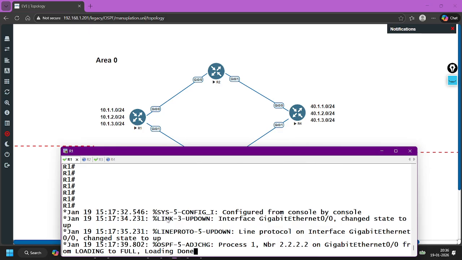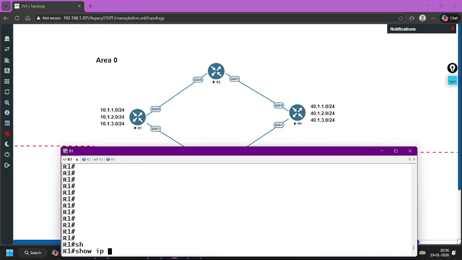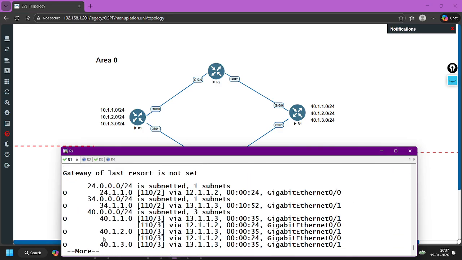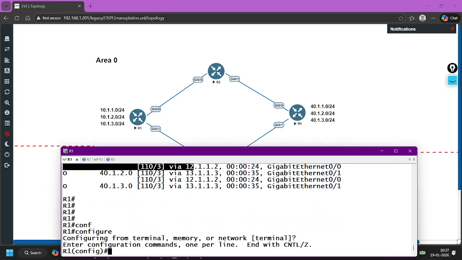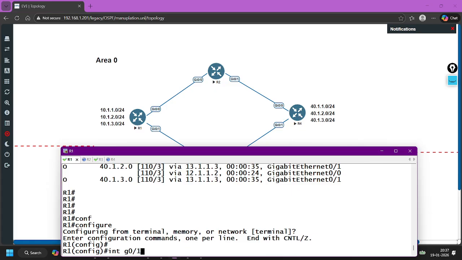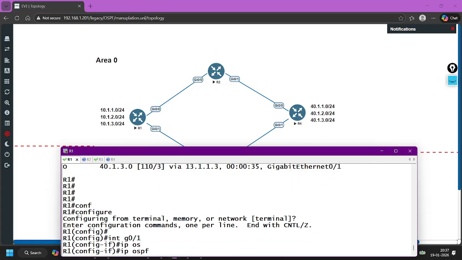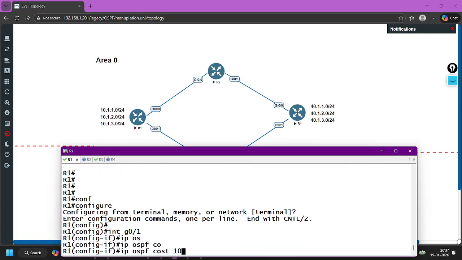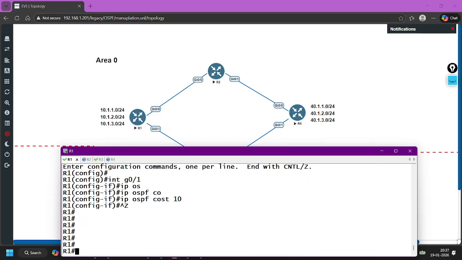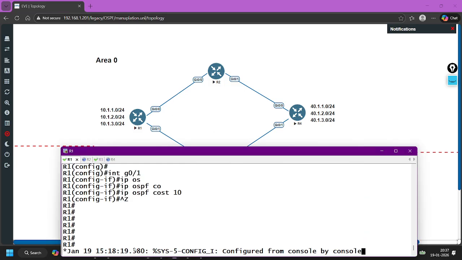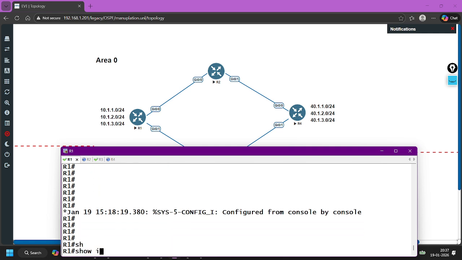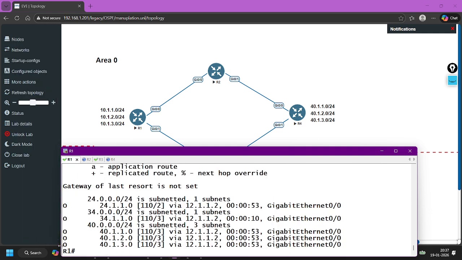See, like this. Here I want to perform manipulation. So IP route OSPF. Again, it is performing load balancing on this interface. On interface G0/1, I can configure OSPF cost like this: IP OSPF cost, and let's say 10. So now 1 is the cost of this link, 1 is the cost of this link, 1 is the cost of this link, but the cost of this port is 10. So now again, if you check the routing table, IP route OSPF, you can see the best path is